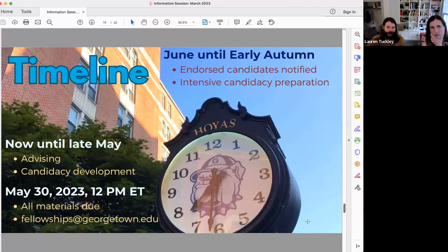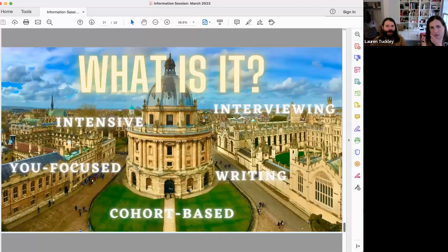And a little bit on that process, okay? Candidate development, what is it? This really is the centerpiece for our Rhodes and Marshall process. It's why this is so involved. It's why we have a bunch of info sessions on this, because this process is an enormous amount of labor from our center towards building candidates that are both going to be able to stand on their own two feet regardless of what happens, and also are super competitive for these scholarships, okay? So the candidate development process, as conceived by us, is an intensive, you-focused, cohort-based writing, interviewing, and discernment